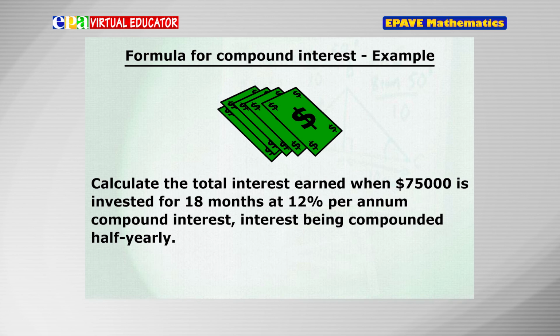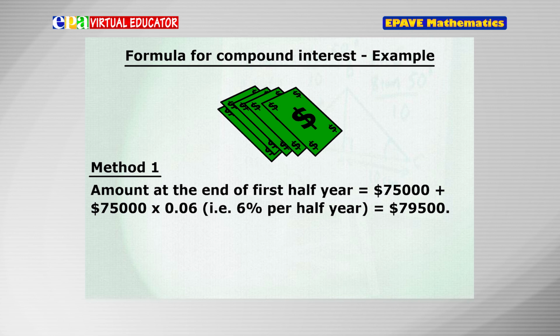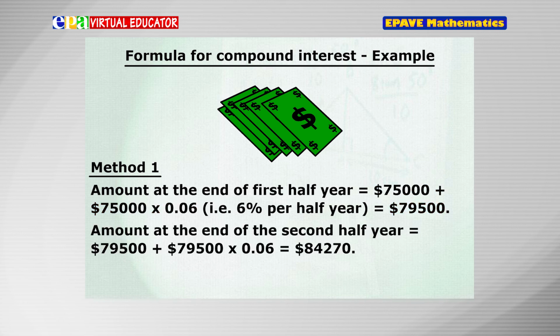Look at this example. Calculate the total interest earned when $75,000 is invested for 18 months at 12% per annum compound interest, with interest being compounded half yearly. There are two ways to calculate this. Using method 1, the amount at the end of the first half year is equal to $75,000 plus $75,000 multiplied by 0.06. That is 6% per half year, which is equal to $79,500. Amount at the end of the second half year is